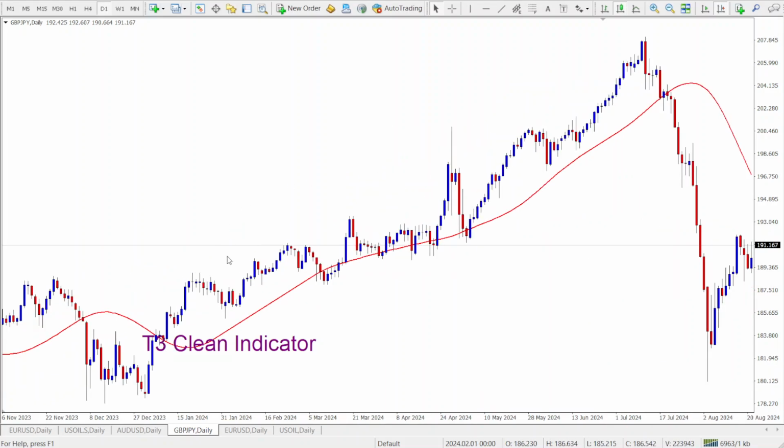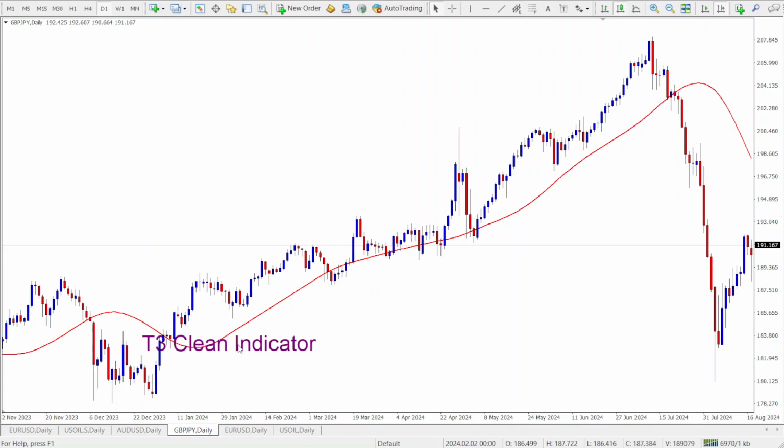Whenever you have the price break above the T3 clean indicator, it's a buy signal. It's just the same way the traditional moving averages give you a signal. That is how this indicator also gives you a signal. So whenever you have an upward break above the T3 clean indicator, it's a buy signal. You can go ahead and enter a buy trade and set your stop loss below the swing low,